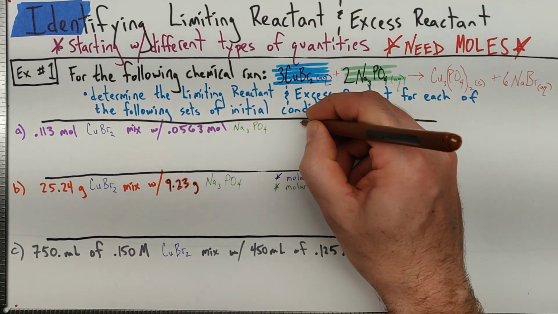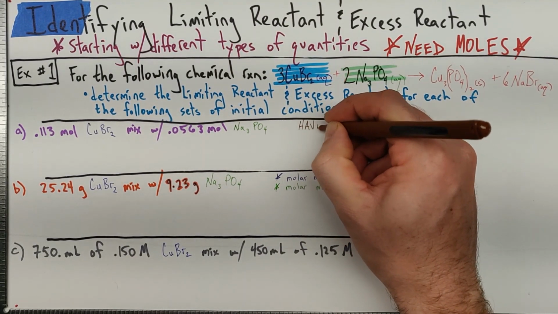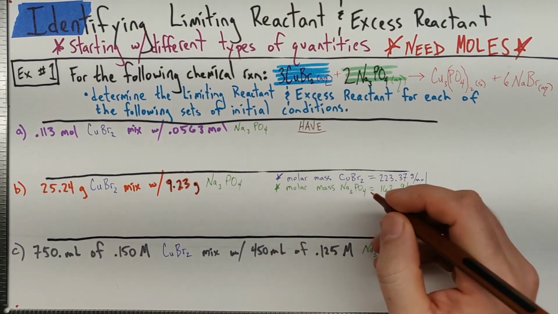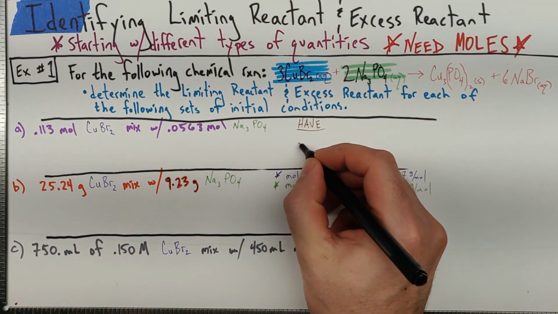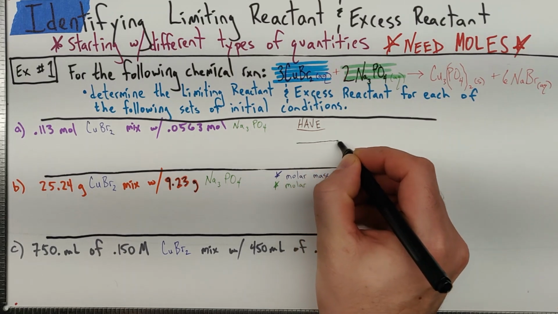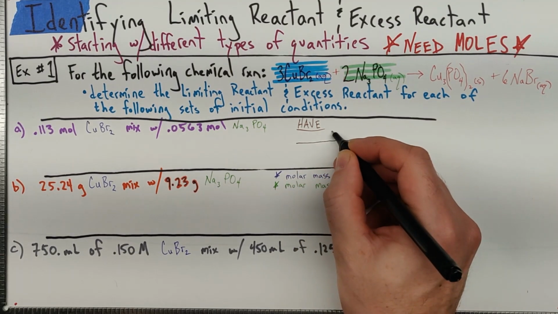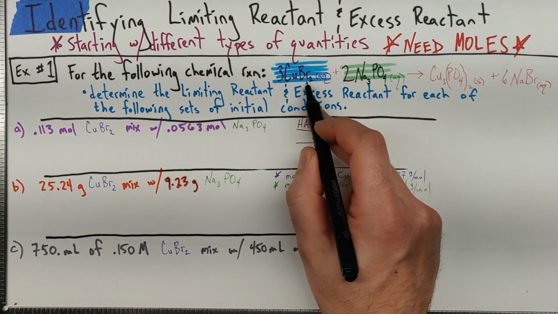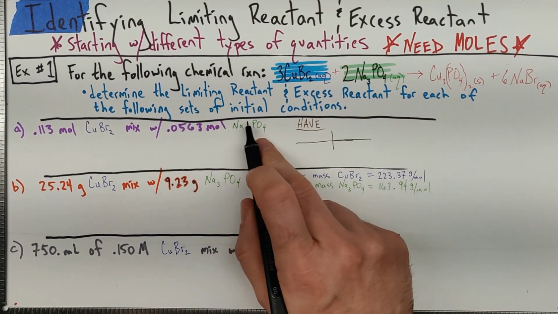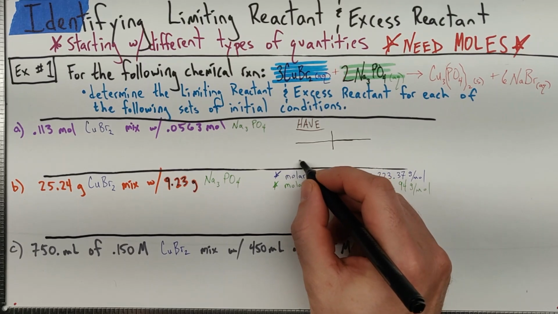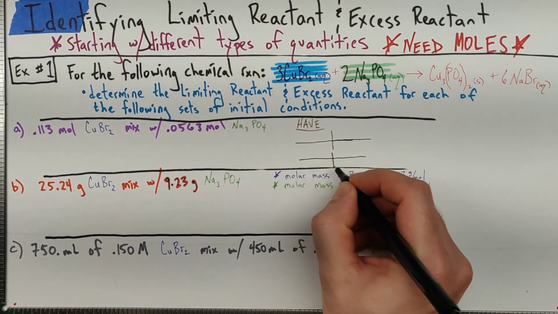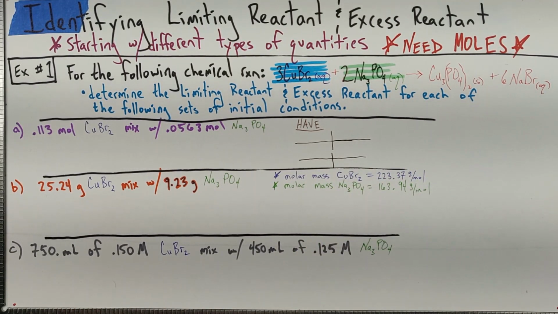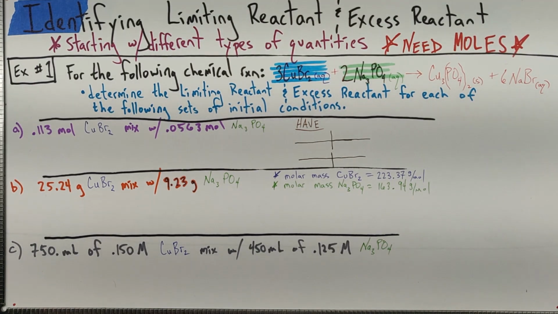stoichiometry problems is to set up a table of what you have and what you need. We need to compare the reactants to each other, and I've taken the time to color code these reactants. The copper 2-bromide is going to be blue, and the sodium phosphate is going to be green. And I am a little cramped for space here because of my awesome planning, but we can make it work. I'm going to compare the reactants to each other. So in this particular case, I have